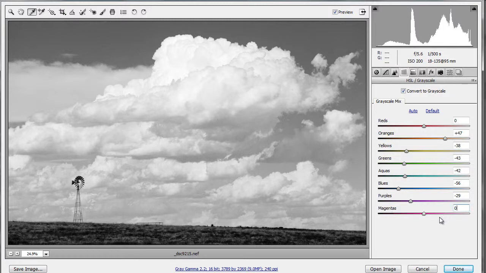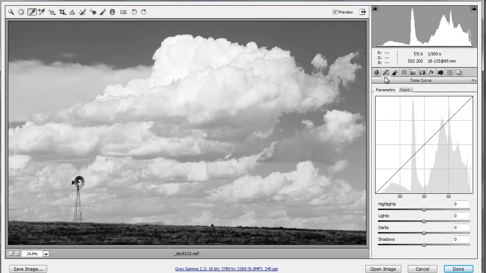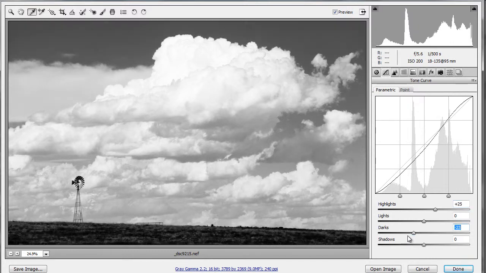I will just leave that at 0 as well. So from there, I am pretty much ready to go ahead and open up this image, unless I feel like doing some further adjustments here with the tones. So if I want to brighten those highlights up a little bit, for example, or darken some of my shadows to create a little more drama,